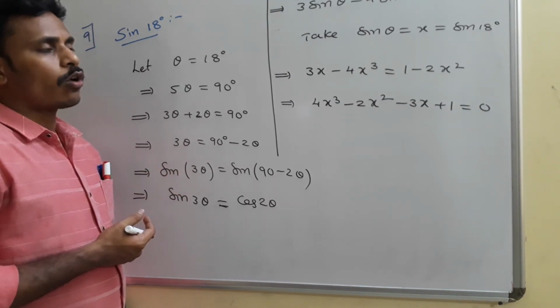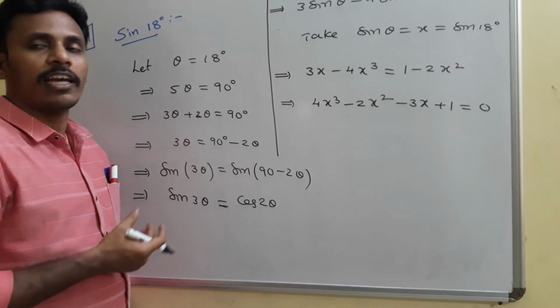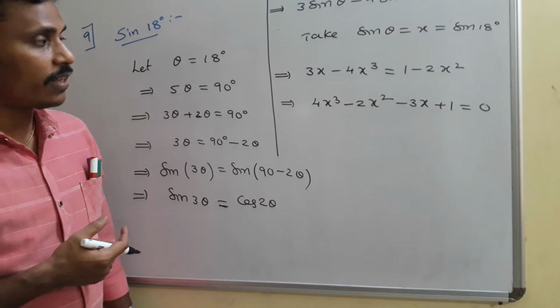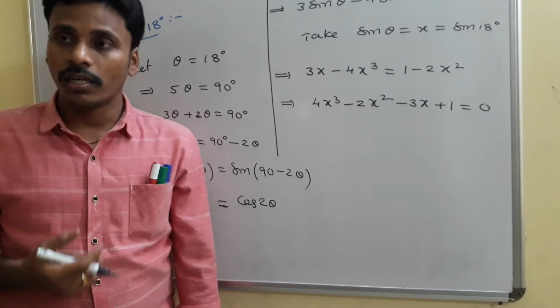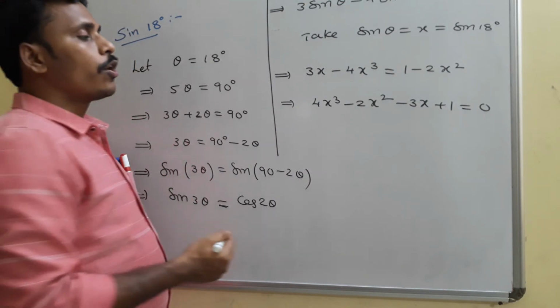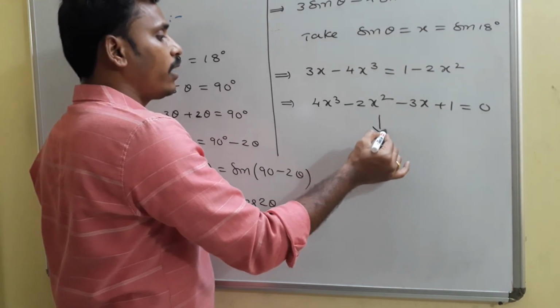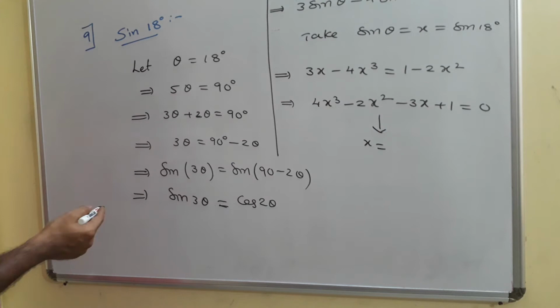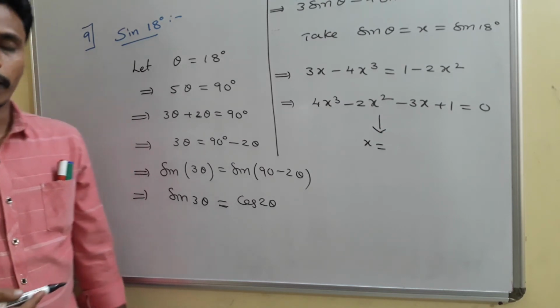I think you are all aware of factorizing a cubic expression, or you learned something about polynomials. We say Horner's division method or synthetic division method. There are different methods. Using any one of those tricks, we need to find the value of x from here. Just have a look. I will erase this for the space concern. Once again, I will give you some explanation.